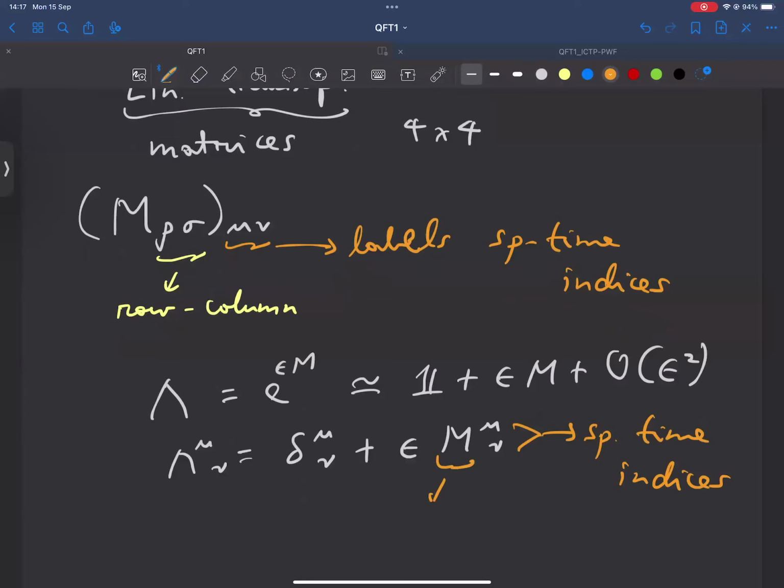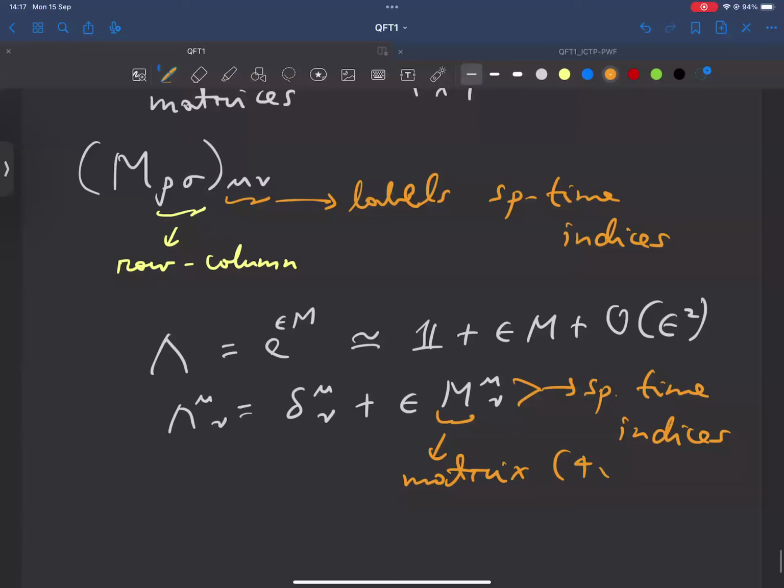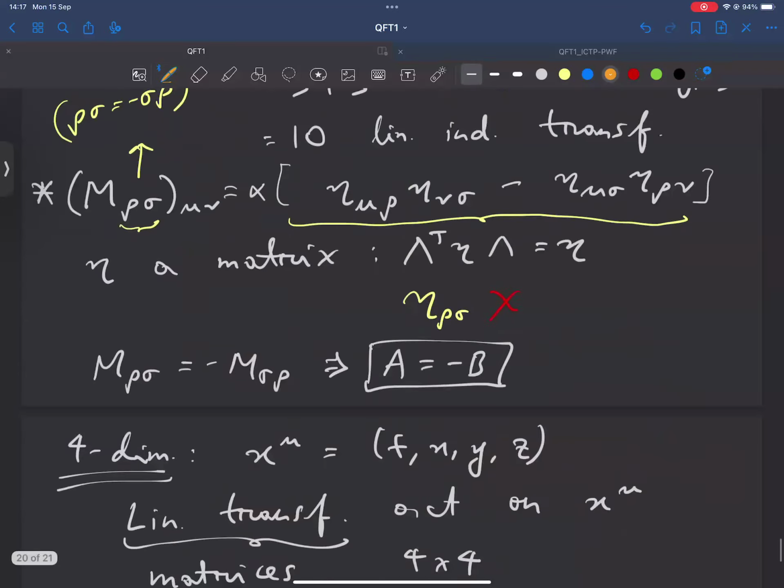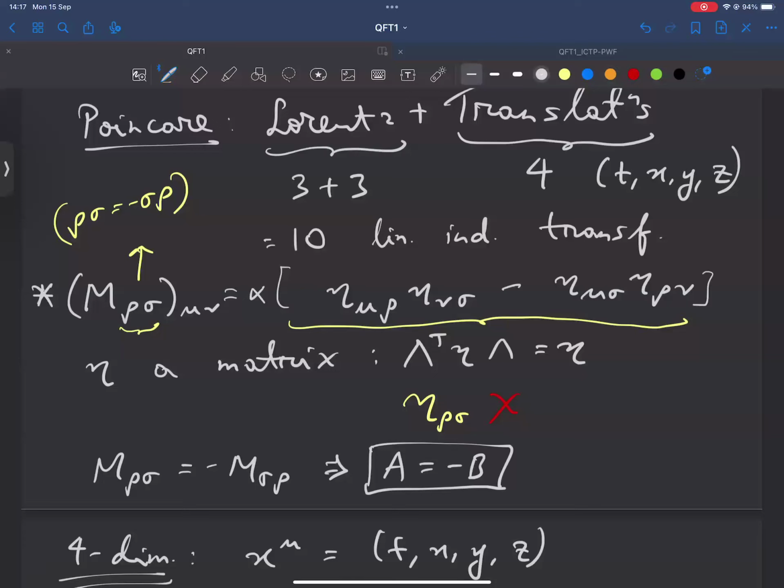But M itself is a matrix. In this case, 4 cross 4. And these are the row sigma indices. So there will be 4 indices. Okay, so this is how you can start with a general ansatz